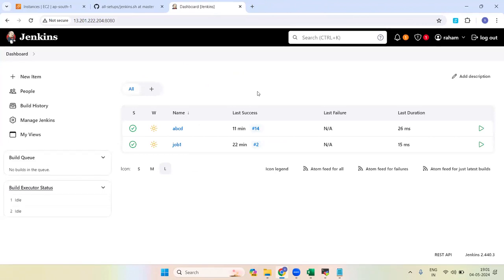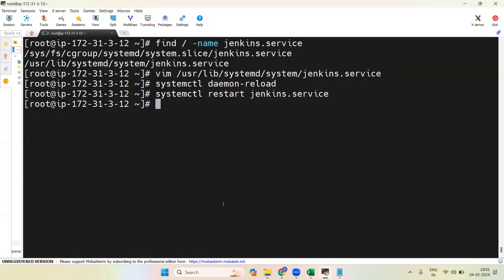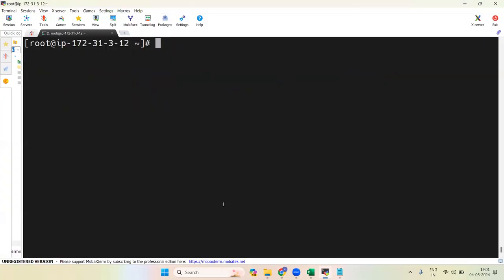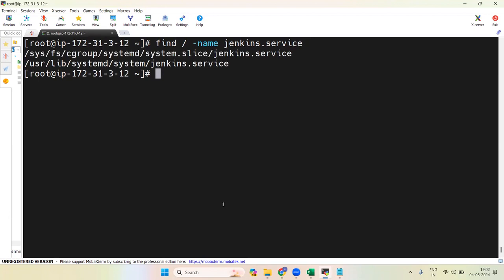Can we change it one more time? Now this time I won't tell anything. You need to tell me everything. Okay. I won't tell a single command. Tell me first of all what I need to do. Find. So online this is the third time I'm explaining the same concept. Try to listen. Okay. find / -name jenkins.service. Wait, spelling is wrong. Jenkins.service. Which one? Second one. vim